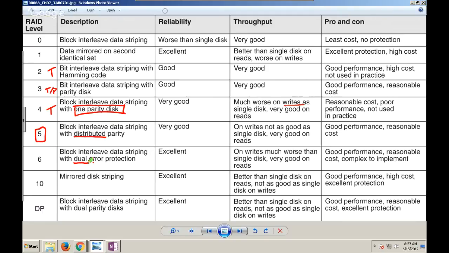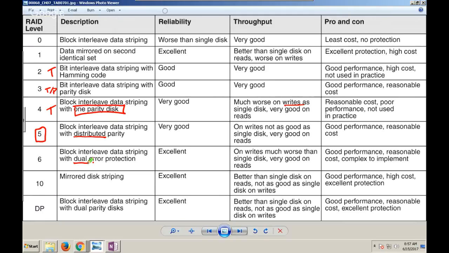So we would end up with, say, A and B storing the first file, and C and D storing parity information. And then later on, we might end up with, say, B and C storing data and D and A storing parity information. It's just evenly distributed amongst all of them. But I'm going to store that parity information now twice. That way, I can handle more drive failures, right? Instead of having just 1 drive fail and being able to reconstitute, I could have 2 drives fail, and I could still rebuild it because I would still have all of the information necessary to rebuild the drive. So it gives us extra protection.